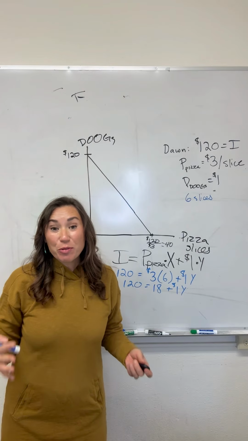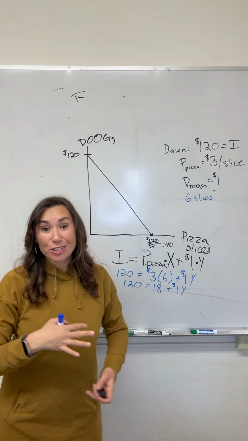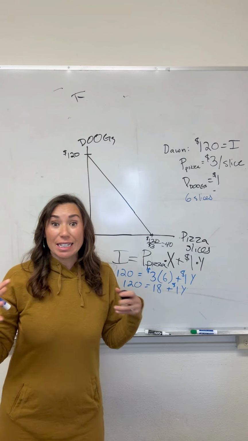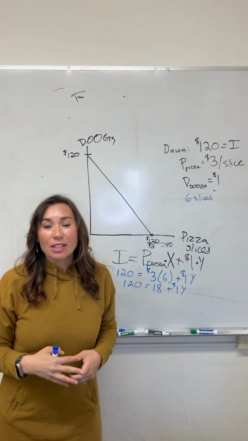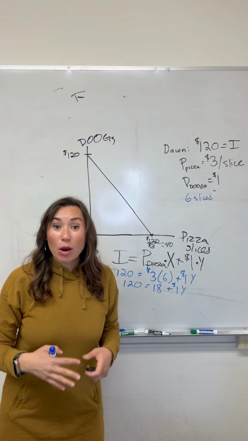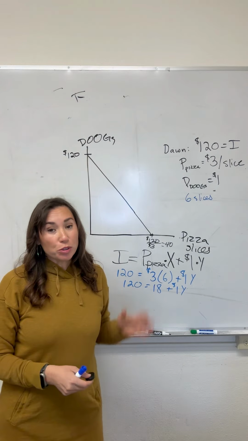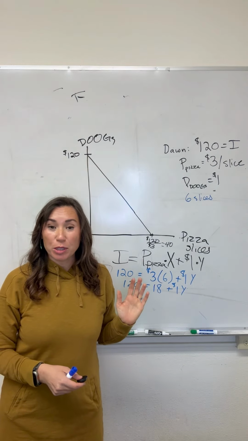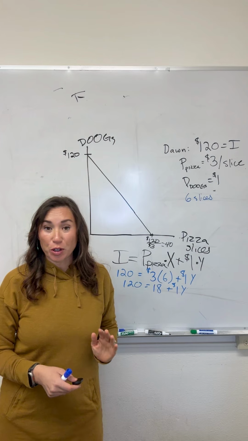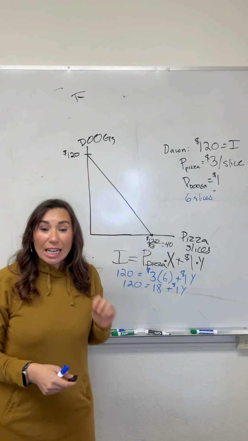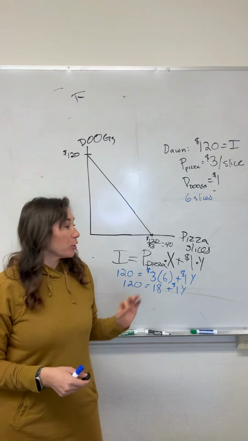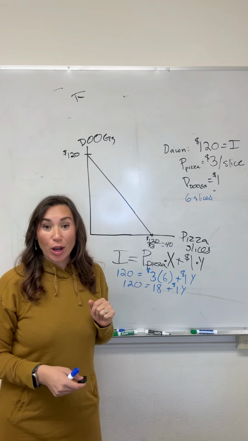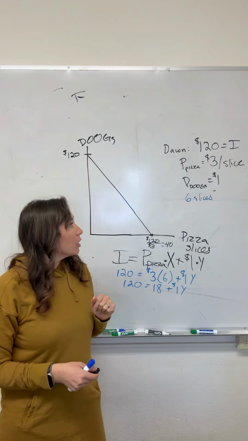Okay, now that we've introduced budget constraints and indifference curves, it's time to put these together to understand how consumers will choose to consume at a point of tangency between our budget constraints and our indifference curves. So let's demonstrate. If we observe Dawn, back in our story about pizza slices and her $120 income,